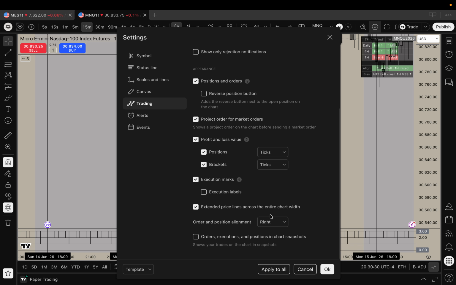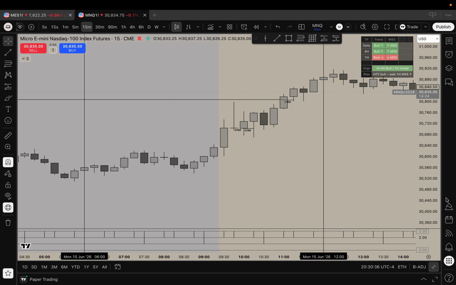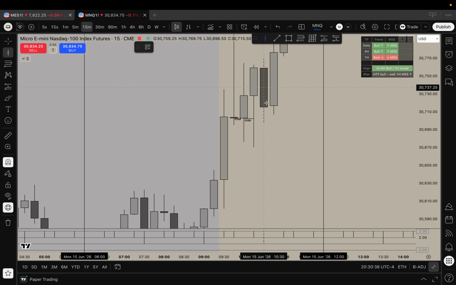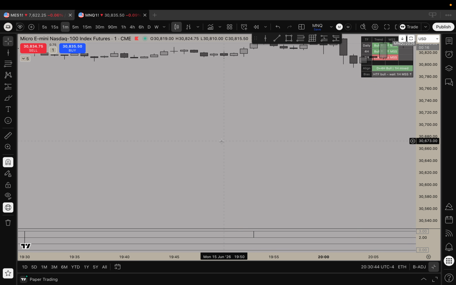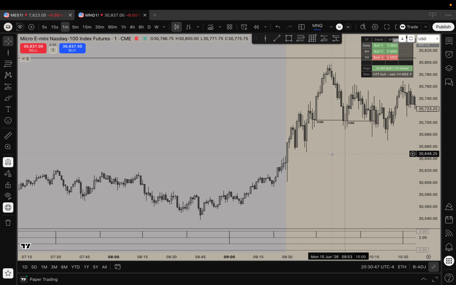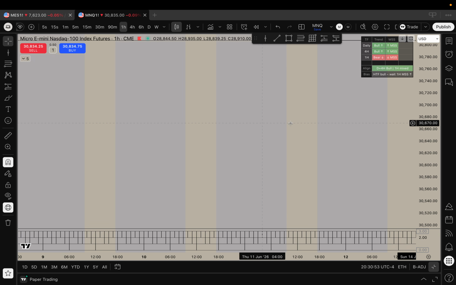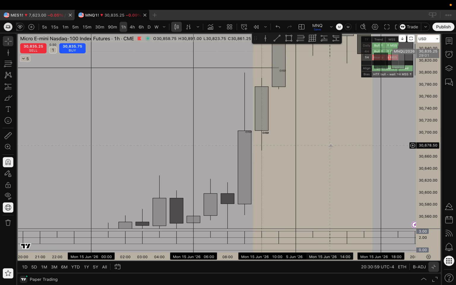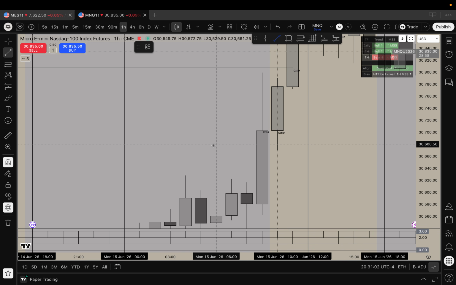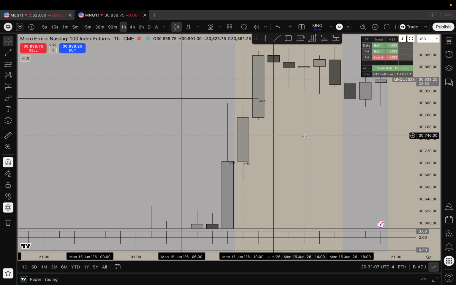The only entry that was actually reasonable, and I don't think there actually was one if you really look at it, because I trade 4 hour PO3, and there is a 4 hour at 10 o'clock, which is right here. I'll make it dotted so it's easy to distinguish. And then let's go to the 1 minute here. If we look after this, we should see some kind of high time frame manipulation, which would be the ideal scenario. And at 10 o'clock, there is no high time frame manipulation, so we have to call that a loss. So realistically, there was not a whole lot I should have been trading. Just in general, I shouldn't have been.